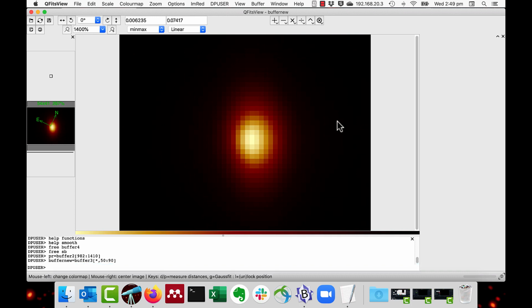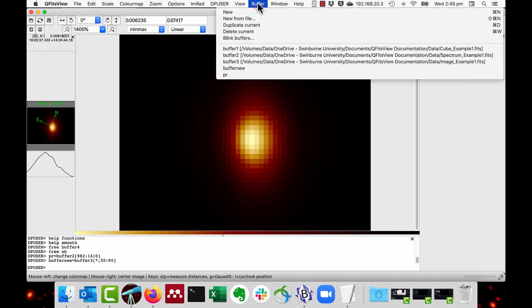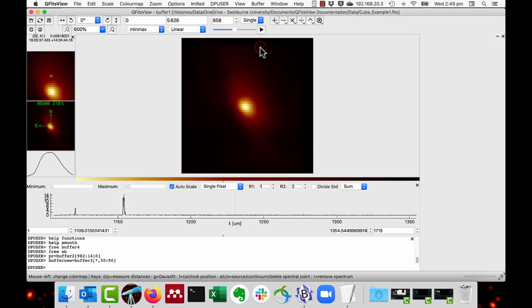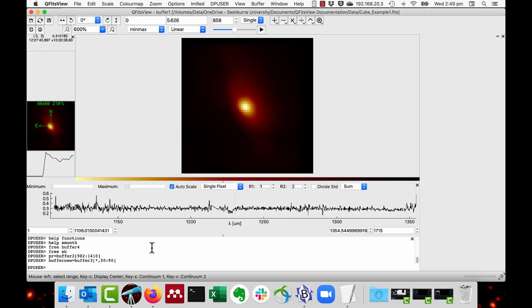In a similar manner, I will extend this to 3 dimensions. For instance, I'll display the cube example, in this case, buffer 1. I extract the subarray I want, say, buffer new again